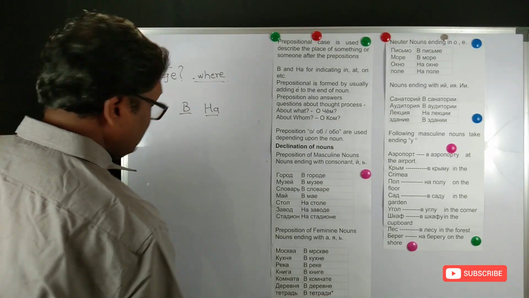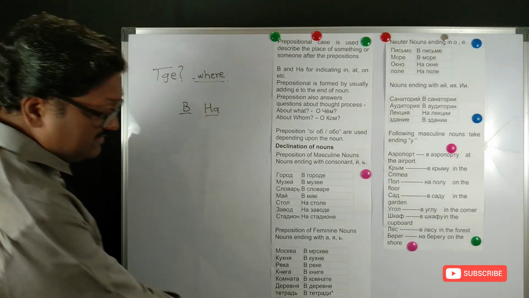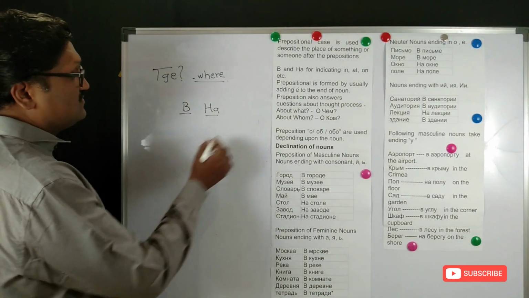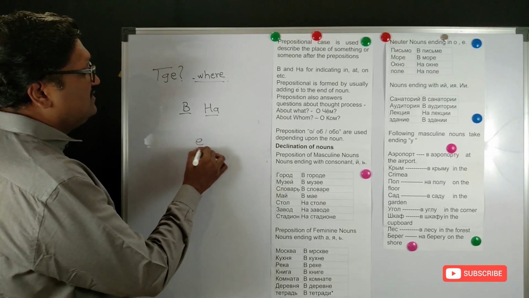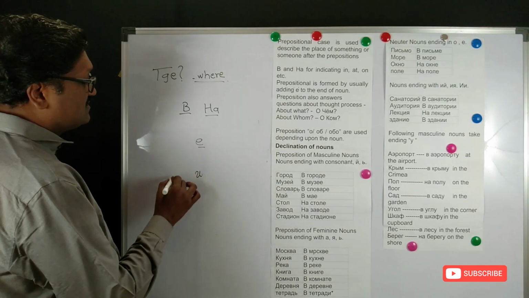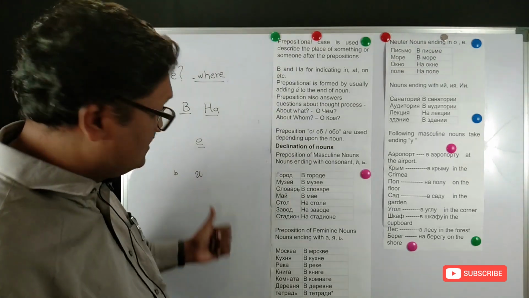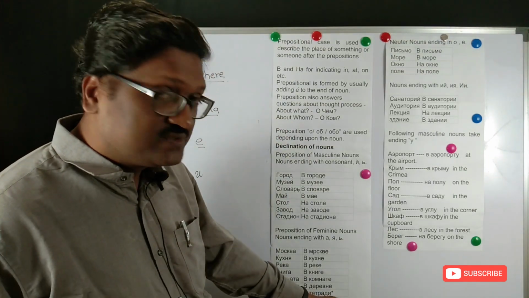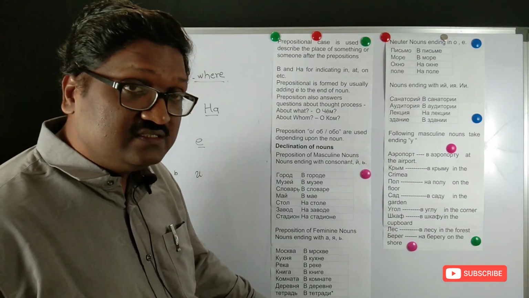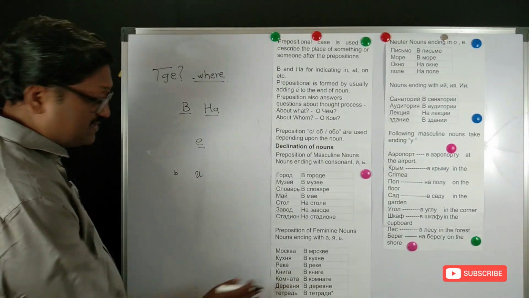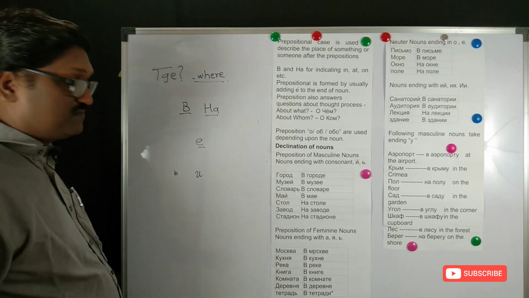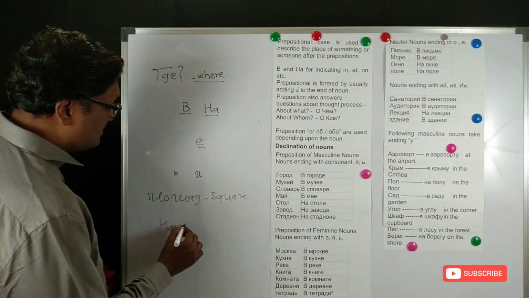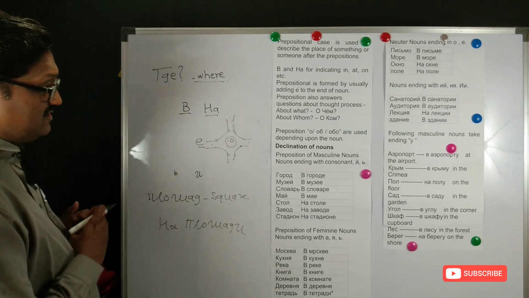Tetrad, v tetradi. So tetrad is changing to tetradi, and there is a note I have written below that feminine nouns ending with the soft sign will take the ending i. So here we have seen the exceptional case. Earlier we have seen only the nouns taking ending e, but here the i has come because there is a soft sign. So you have to always remember this in the Russian language. Tetrad, v tetradi. This is a typical example of that. Ploshchad is another example. Ploshchad, the square. Na ploshchadi, on the square.